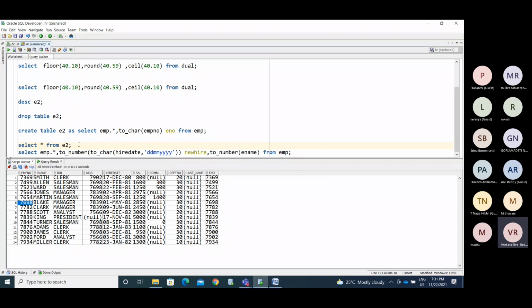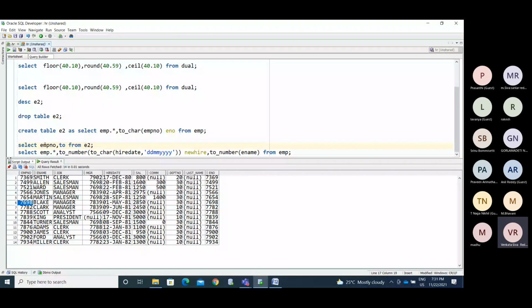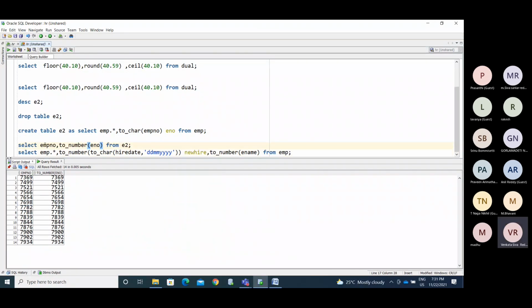So now you can try to convert that, say TO_NUMBER of ENO. You won't get any error, because you don't have any characters in this.